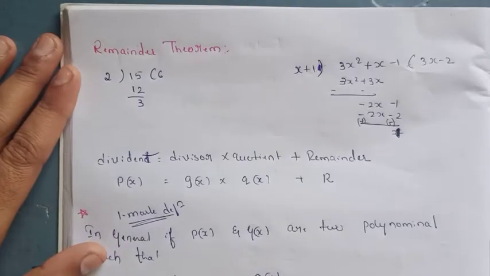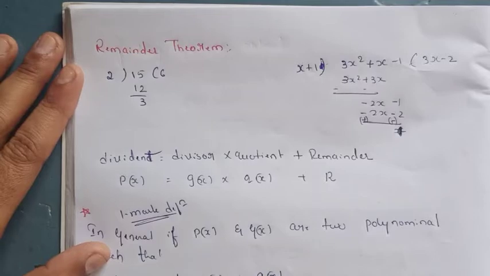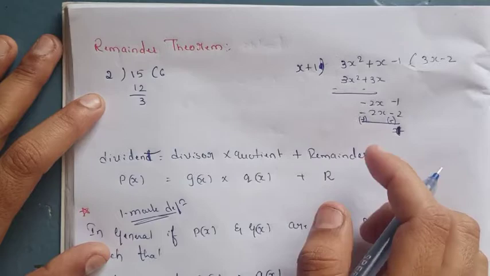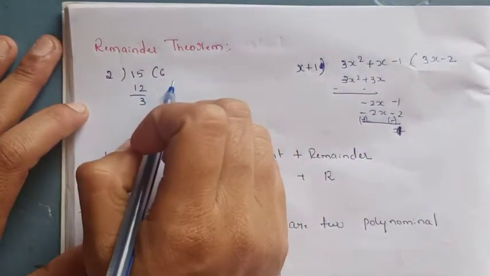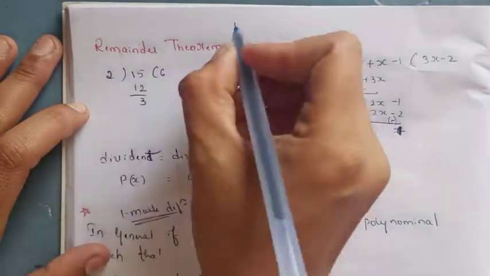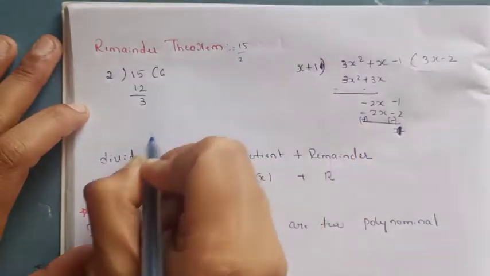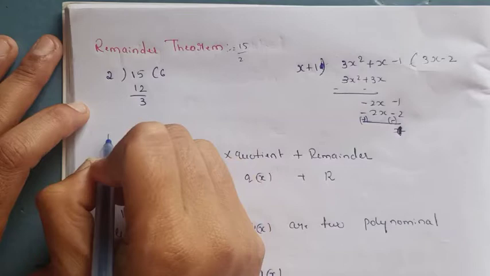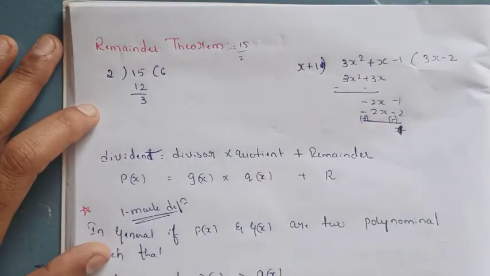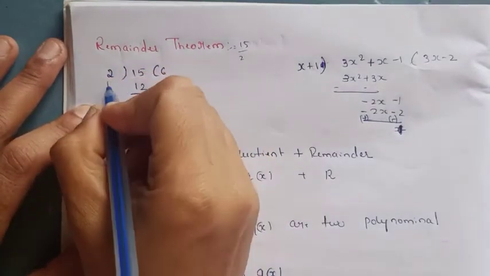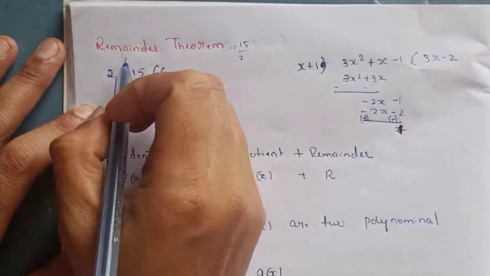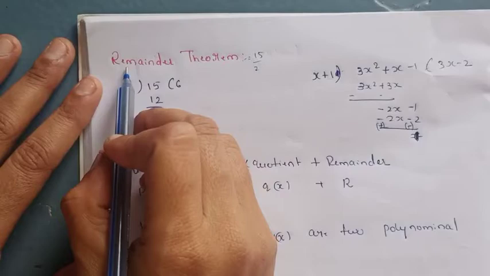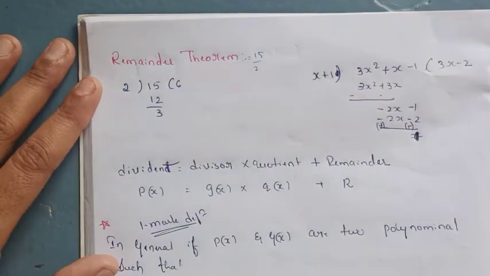Let's move to the next concept, that is the remainder theorem. Dear students, you are all familiar with division. This theorem is based on the normal division method. That is, when I give 15 divided by 2, we used to do 2 into 15, 2 sixes are 12, subtract, remainder remains with 3. So this is the method to solve division. On this base only we will follow the remainder theorem.